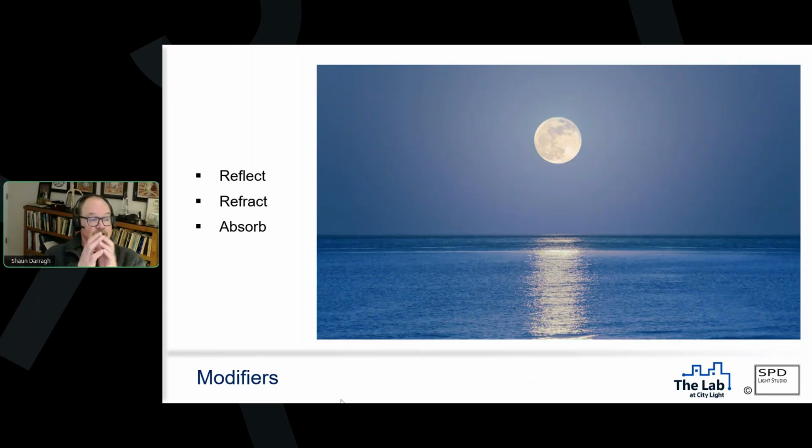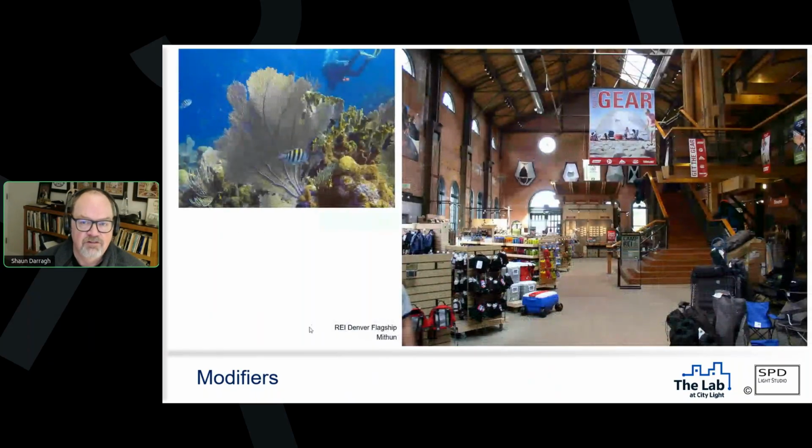Some of it gets refracted, meaning scattered in the atmosphere. The ocean here that you see, light going into the ocean gets refracted by the water. Some of it gets absorbed by the water as heat. As it goes further down, the less active wavelengths, red, then green, finally blue, get absorbed. Right? So these are modifiers. They change the light around us. Now, again, we might see this if I'm scuba diving in the water there,